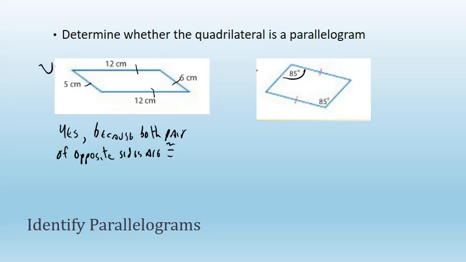I can see that this angle is congruent to this angle, so I've got one pair of opposite angles that are congruent, and this side is congruent to this side, and so I've got one pair of opposite sides that are congruent. But what I don't know is what this is, and I don't know what this is, and I don't know the length of this or the length of this. And so I cannot definitively say that this is a parallelogram